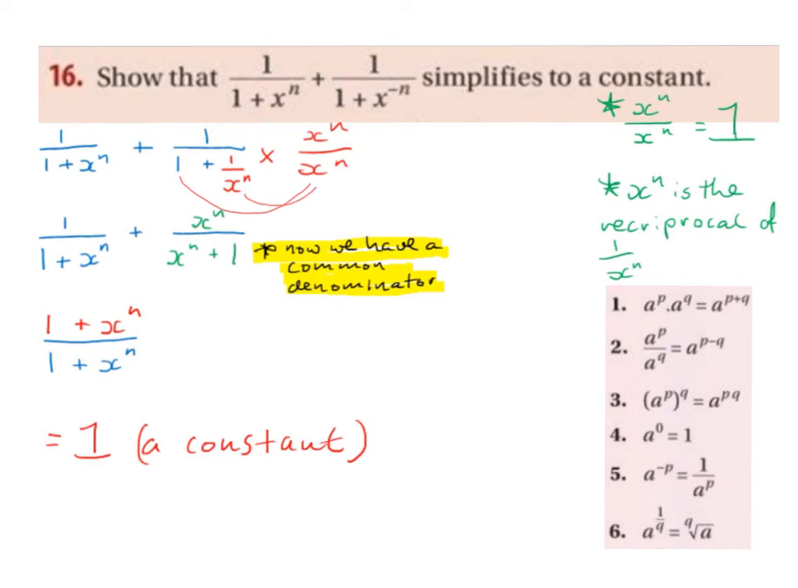But we must also multiply my numerators. So 1 multiplied by x to the power of n gives me x to the power of n. Now that I have a common denominator, all I have to do is add my numerators together. So 1 plus x to the power of n just gives me 1 plus x to the power of n. And my common denominator was 1 plus x to the power of n. So now I have 1 plus x to the power of n divided by 1 plus x to the power of n,